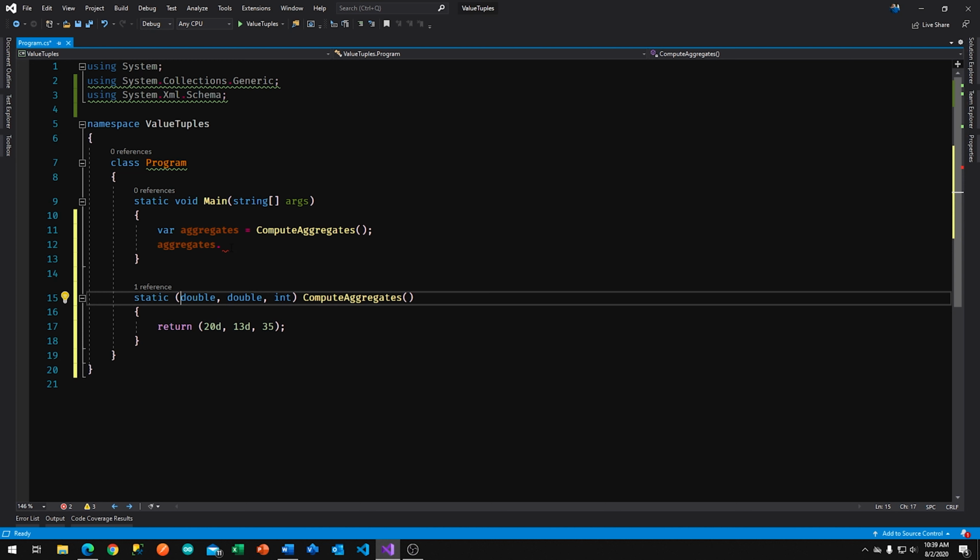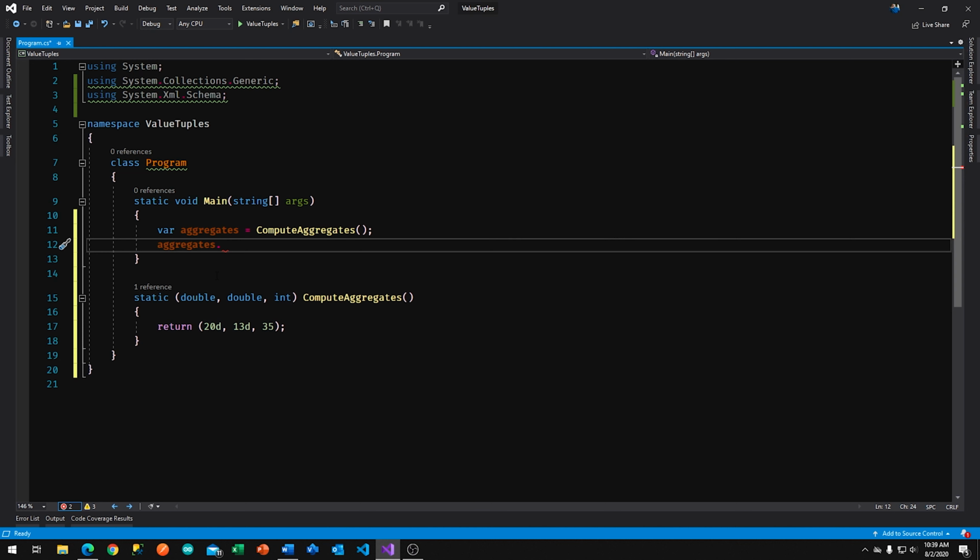So what's so special? There are a couple of things. One, even though for the sake of this exercise I felt it's easier to work with something more meaningful rather than abstract, like sum, average, and count. They're all just numbers. It doesn't really make a lot of sense. So for the sake of explanation only, I'm going to use a vehicle